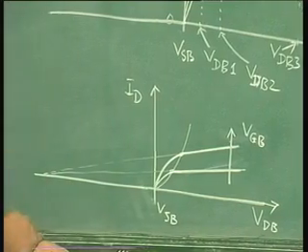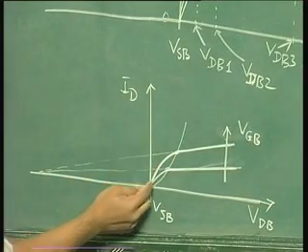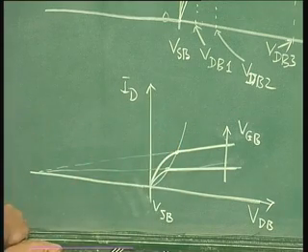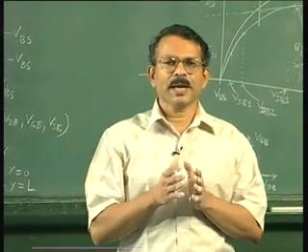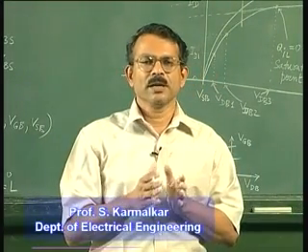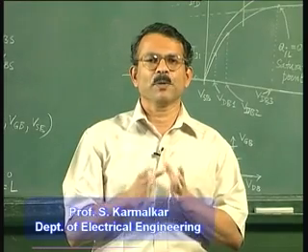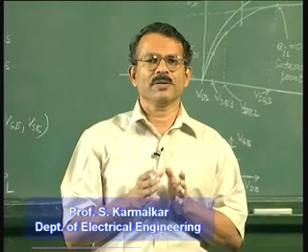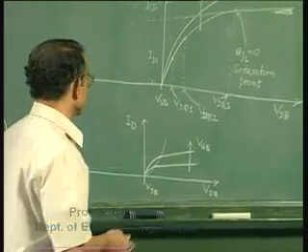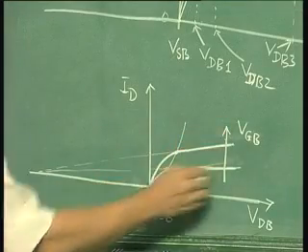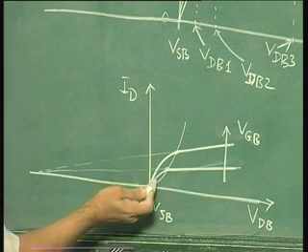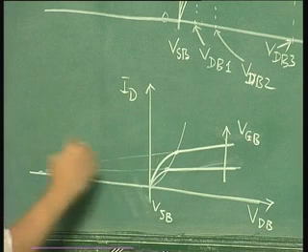The only difference being that this region in the bipolar transistor is very narrow, whereas here it is much wider, this ohmic region. In fact, that is why the Mosfet has several applications where it is operated in the ohmic region, whereas you do not have any such applications for the bipolar transistor. Okay? So in the ohmic region the Mosfet is used as a voltage variable resistor, because as you can see from here, when you change your gate bulk voltage, the resistance which is shown by the slope of this curve goes on changing. So when you increase the gate bulk voltage, the slope is more,